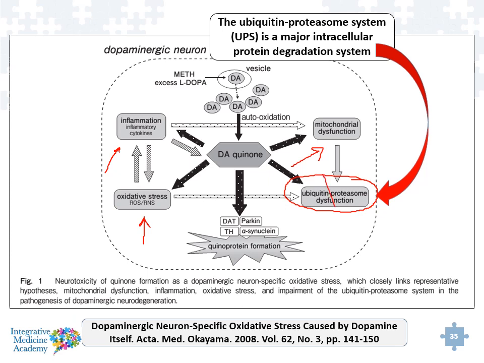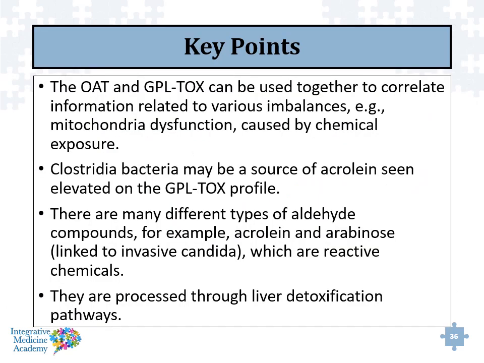Okay, and if we inhibit that ubiquitin proteasome system because of an increase of dopamine quinone, because of an overgrowth of Clostridia bacteria, we now put the cell in an even more compromised state, because these dysfunctional proteins will just muddy up the waters here, or kind of get into the gears of the cell and completely disrupt function. And that's something that is being correlated again in many